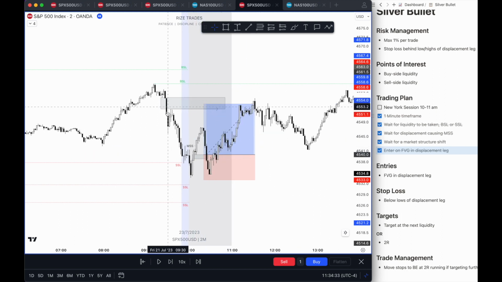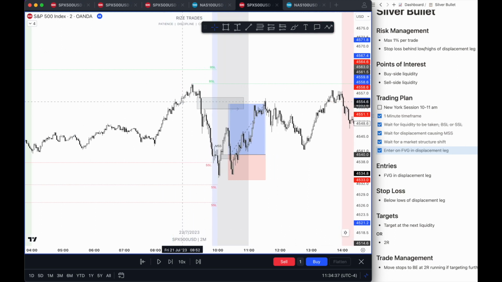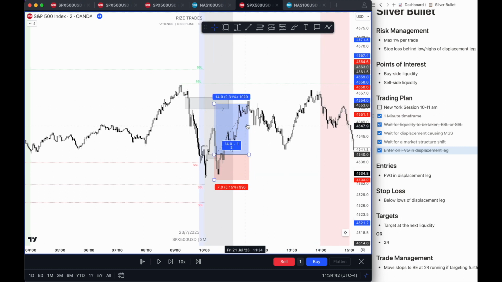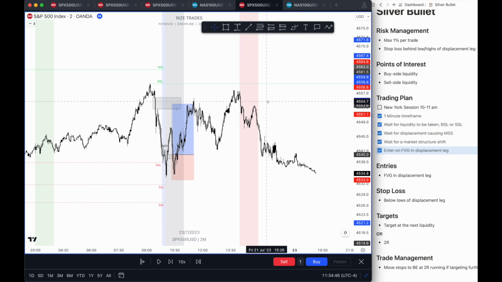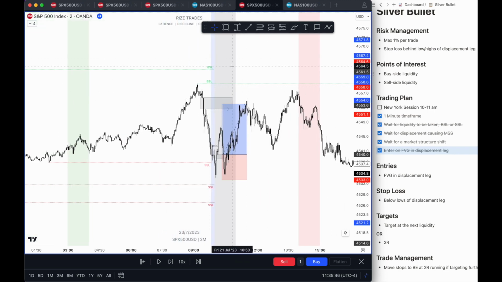Price came into this fair value gap here that we identified as a road that we had to cross, and we were worried that price could have come lower from this, and it did come off, but we got taken out for 2R before this buy side liquidity, which didn't actually get reached. So yes, guys, that is just 5 examples of trades we have taken during the live sessions recently within the